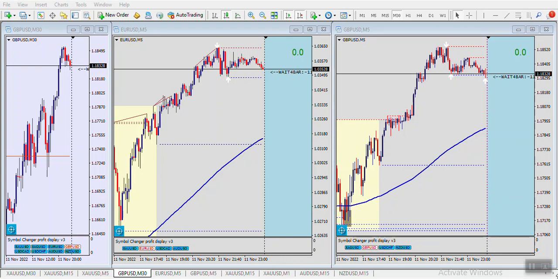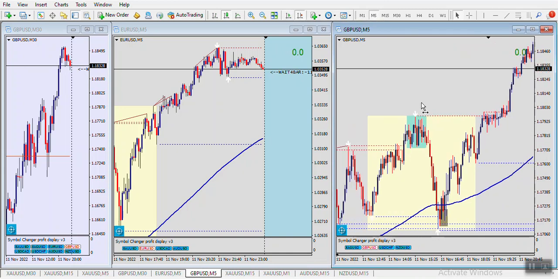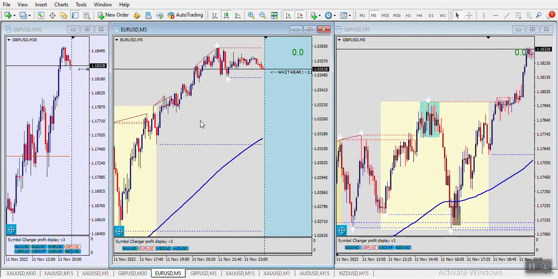So briefly, I also want to talk about a setup that happened yesterday, which is 11th November 2022 on GBPUSD and EURUSD. So this is one of the ways I trade my divergence. Over time, I've added some improvement to the way I trade my divergence, and I trade divergence currently